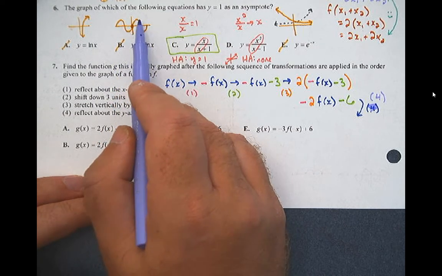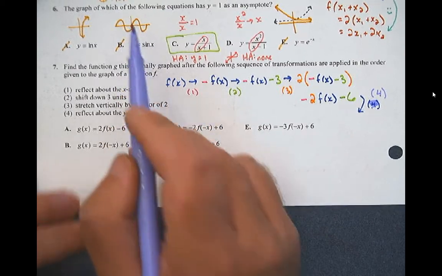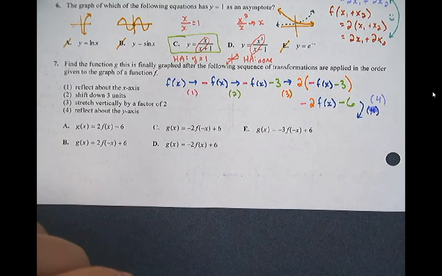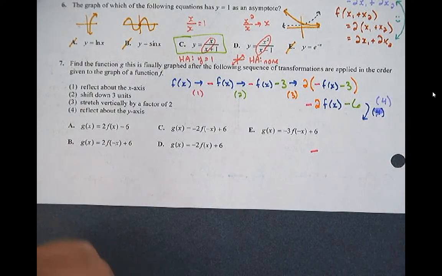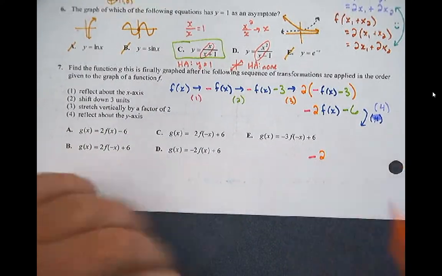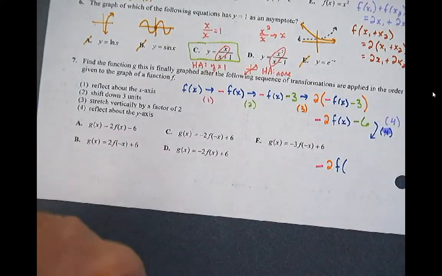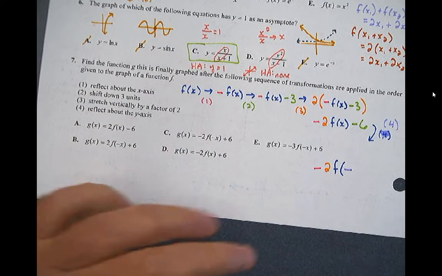My y values won't change if I flip this way, but my x values will. So that's going to be a horizontal reflection, which means I need to attach a negative to the x. So we would have a negative 2 f of negative x